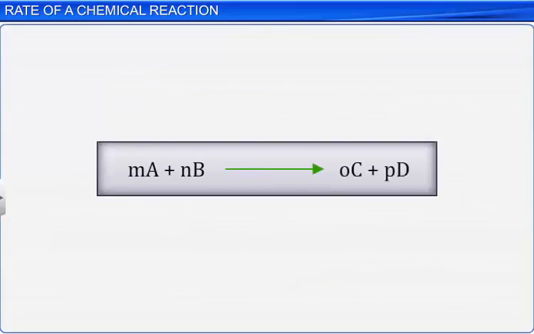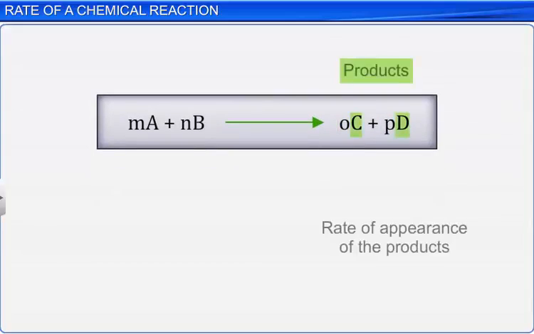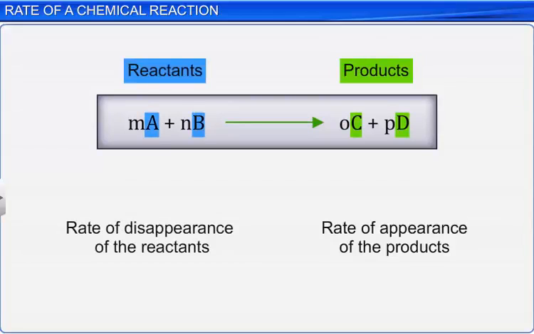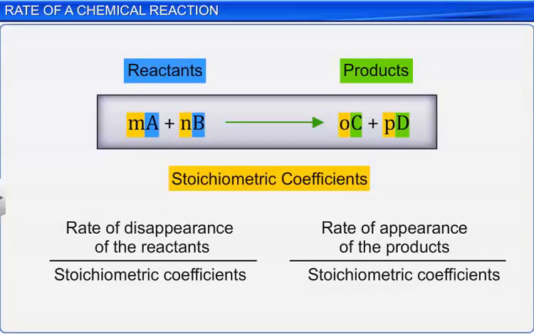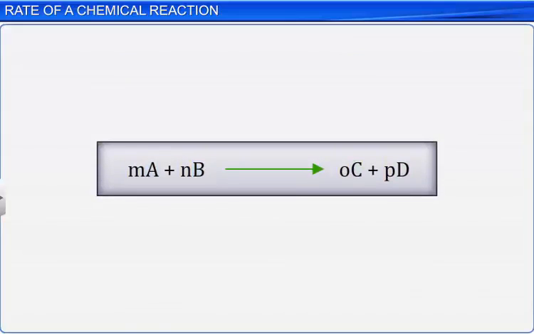Let us now consider a generic reaction, where the stoichiometric coefficients of the reactants and the products are different. Let's say m moles of A react with n moles of B to give O moles of C and P moles of D. We divide the rate of appearance of the products and the rate of disappearance of the reactants by their respective stoichiometric coefficients to get the rate for the overall reaction. The rate of chemical reaction in this case is given as